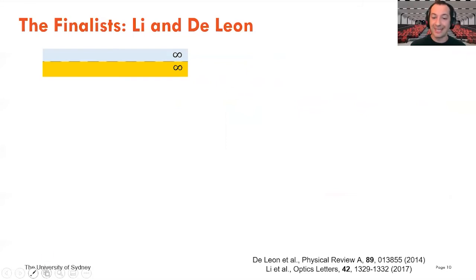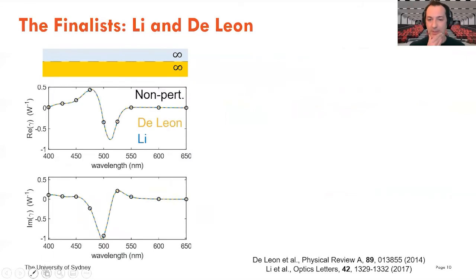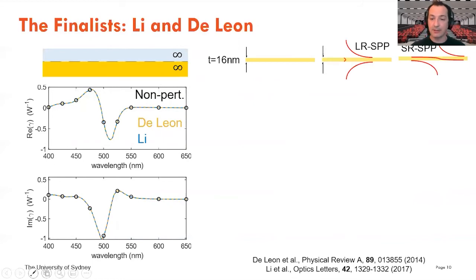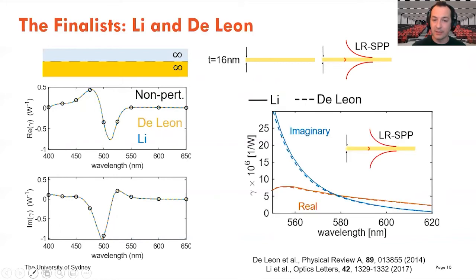I show here again for the surface plasmon polariton. In their paper, DeLeon also calculates the gamma for the modes supported on a thin gold film. In the case of a thin film, two modes are actually supported: a symmetric long-range surface plasmon polariton, LRSPP, with low loss and low confinement, and a short-range surface plasmon polariton, SRSPP, with high loss and high confinement for these thin films. So if we look at just the long-range surface plasmon, the Lee and DeLeon methods end